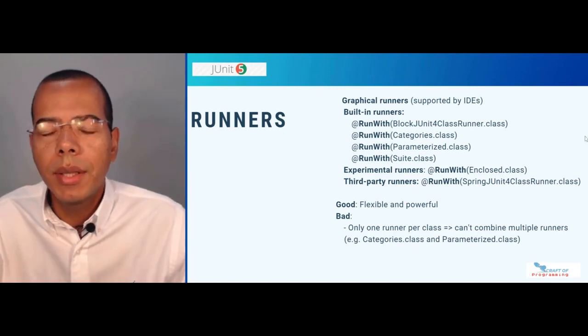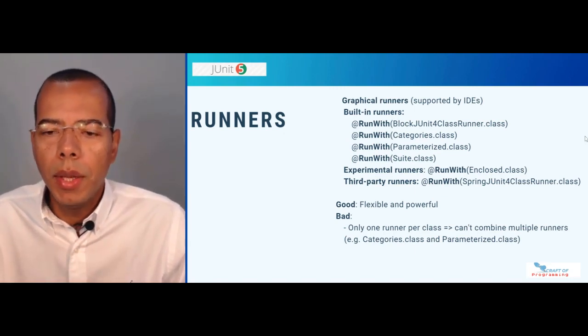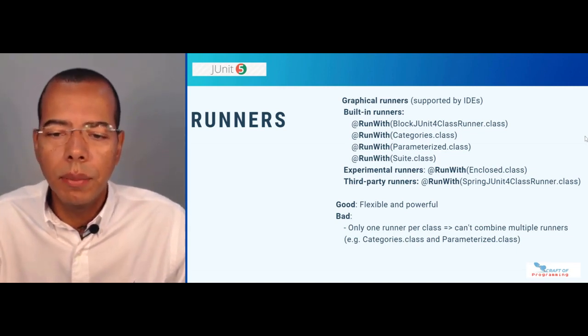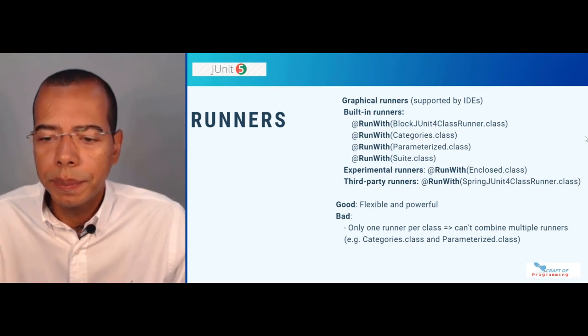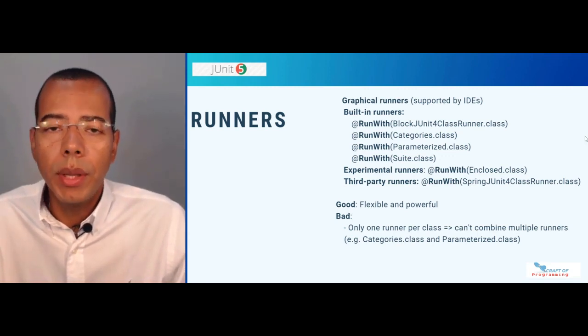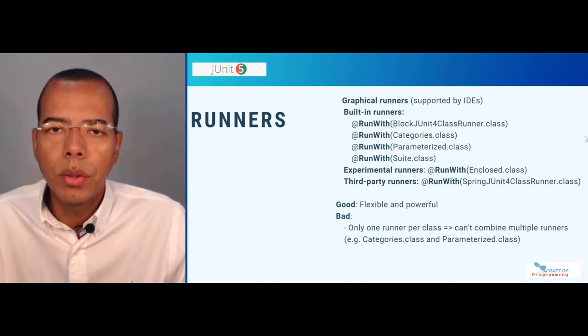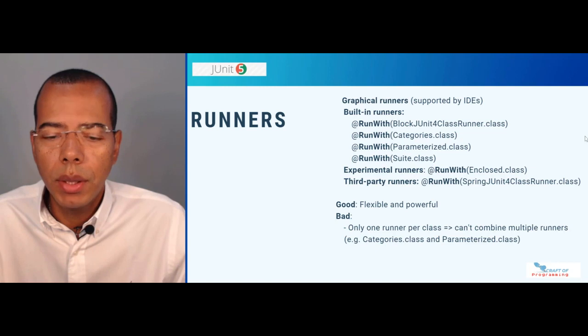We had parameterized tests, suite of tests, and also experimental runners like Enclosed, and obviously third-party runners. And this was a way that third-party tools, for example Spring, could integrate with JUnit via this runner